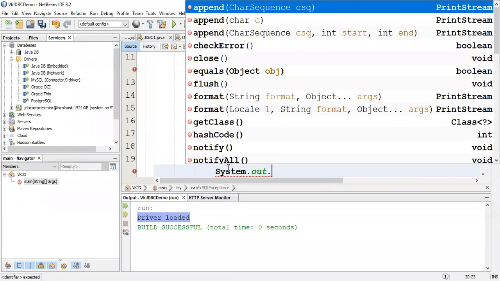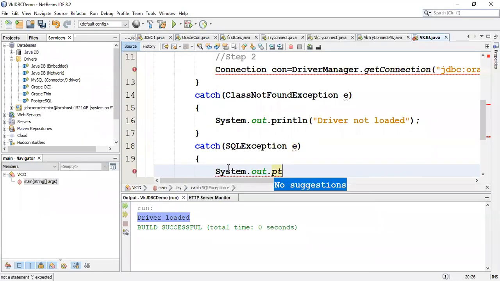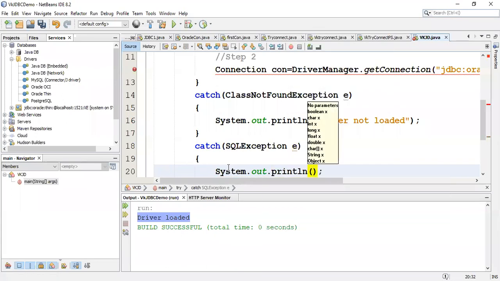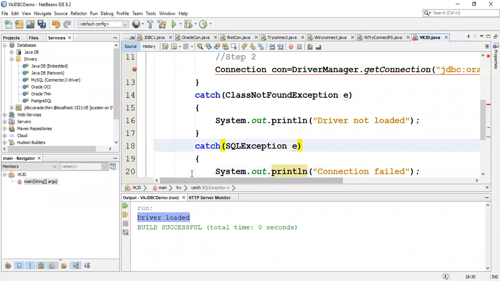System.out.println, connection failed. So if there is any problem in the connection, it will show connection failed. If the connection is successful, it will show connection successful.